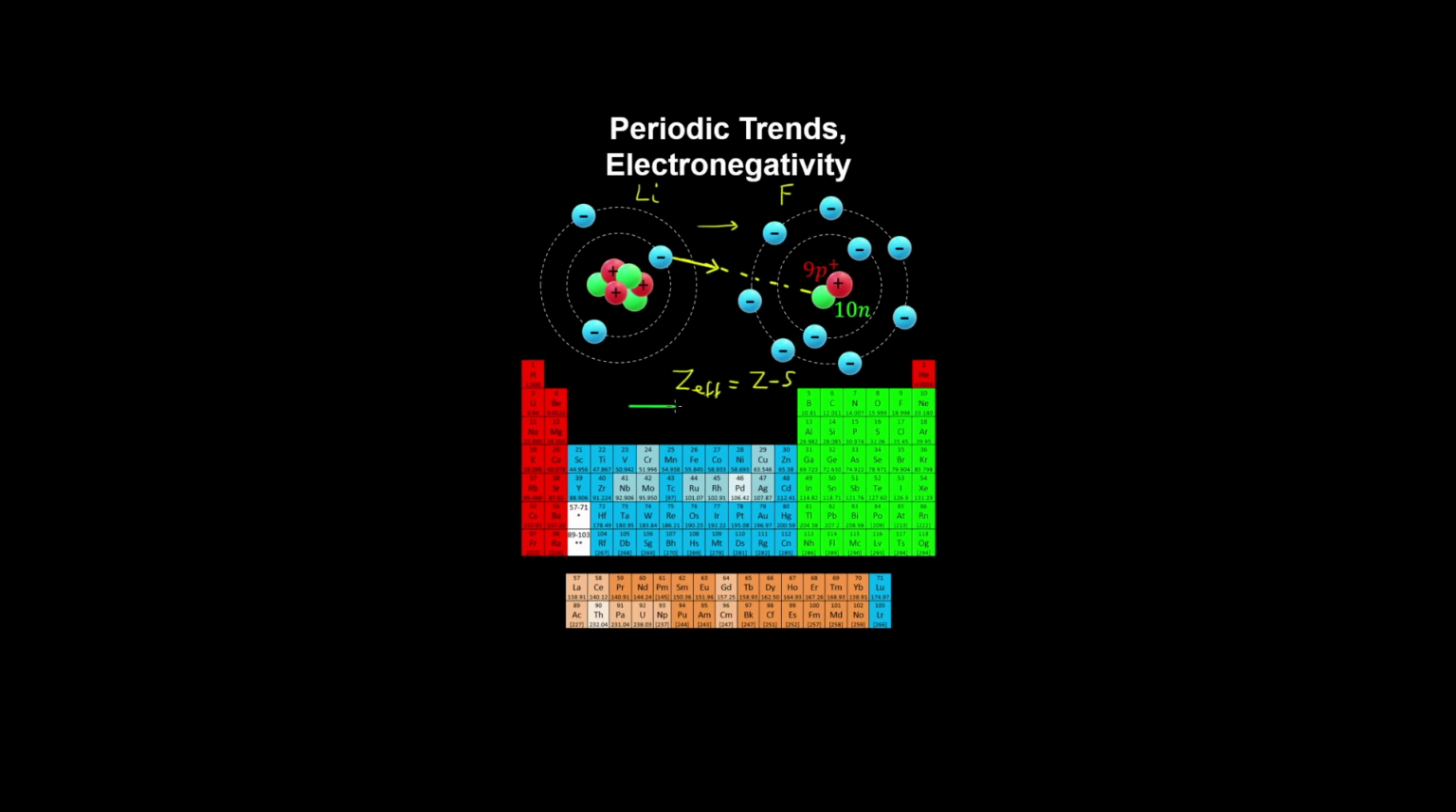So therefore, as we move from the left to the right of the periodic table, the electronegativity of the atom increases. And as we move down the periodic table, so towards the increasing energy levels,